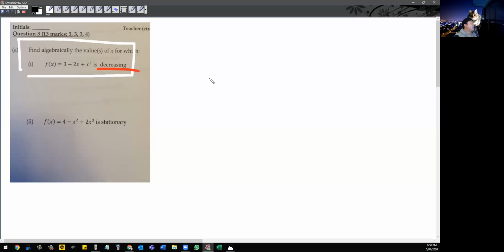So this one here: find algebraically the value of x for which this quadratic function is decreasing. I think it looks like this, because it's positive x squared, it's quadratic. And the function is decreasing here and increasing here, isn't it? Yeah. Now, one thing that you need to know is that when you have the original function and the derivative